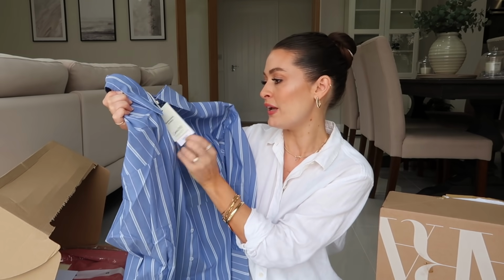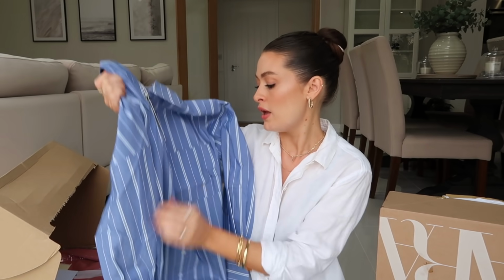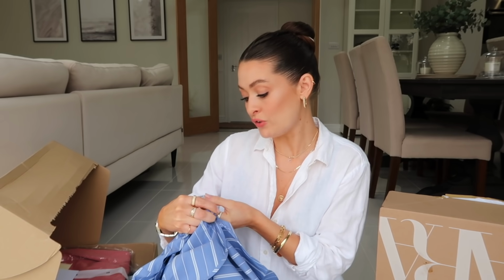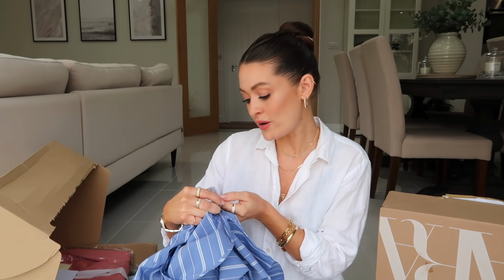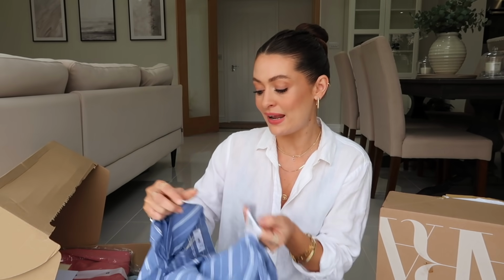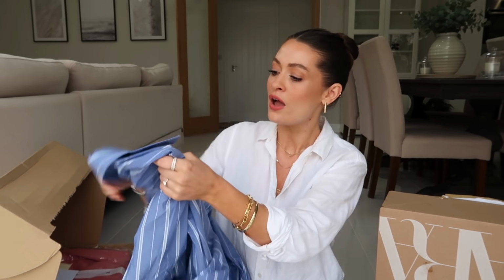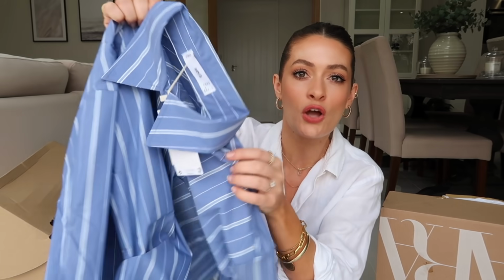It says sustainable cotton. Let me just check that it is 100% cotton. I mean, it feels like it is. Okay, no it's not. It's 72% cotton, 25% polyester and 3% elastane. It does feel quite lightweight and silky soft. And I like the tone of the blue,